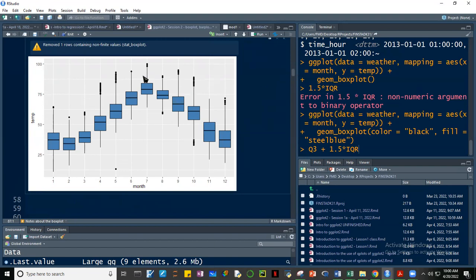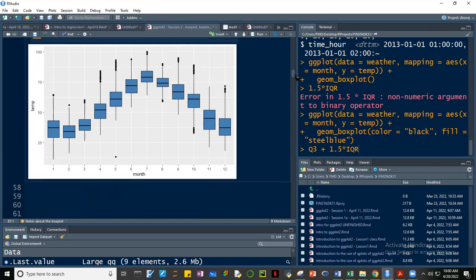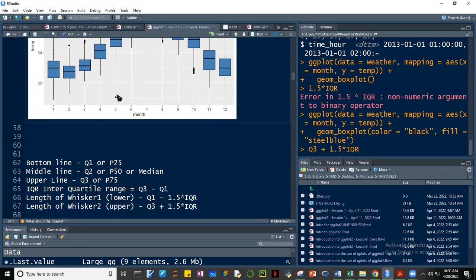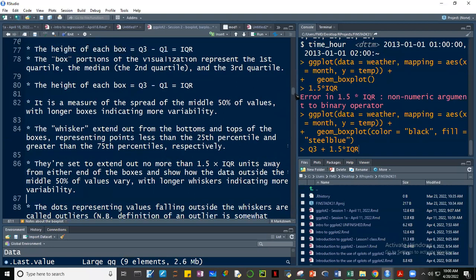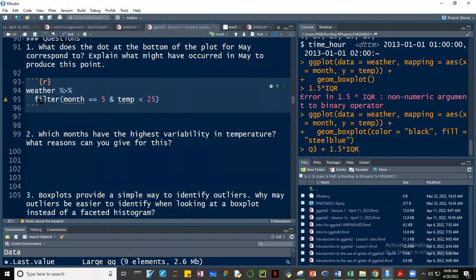Fahrenheit to. Posible naman na maging 100 degrees centigrade. No? So this is Fahrenheit. Okay. So below 25 degree Fahrenheit, ito siya. No? So let's try to see ano yung point na yan. Okay. So from the weather data set, and then filter natin, month is equal to 5 and temperature is less